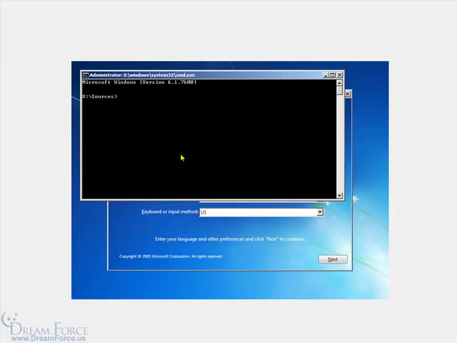Now you can't type in the code here to reset the password because that can only be done from the logon screen, but from here we can code it to say, okay, when I get to my logon screen, change the Ease of Access button to a command prompt window, and then we can code that to reset our password. So you can do it this way, and if you find that you can't do it this way and it doesn't pull up, then the other way to bring up the command prompt,